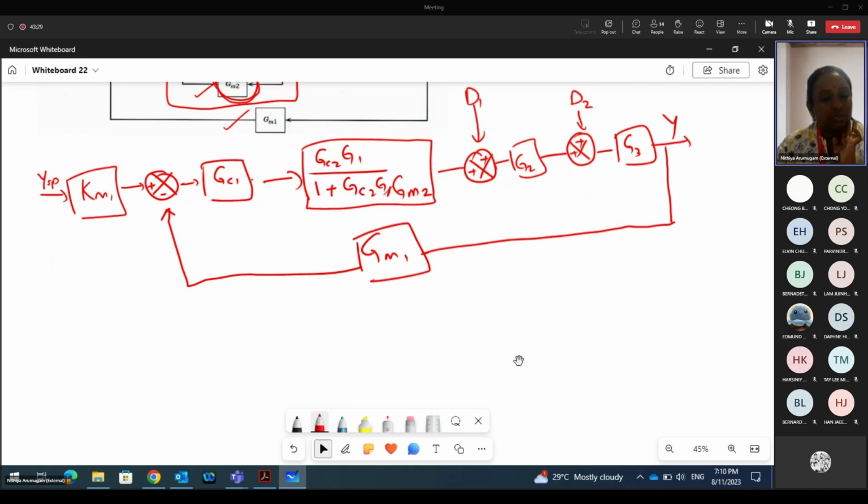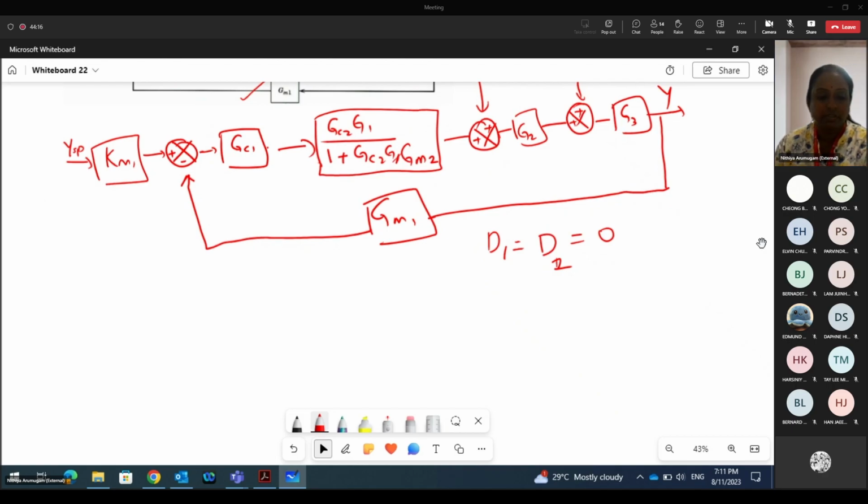Now, for us to solve the servo problem, what is the meaning of servo problem? Anyone can answer that? Servo problem means what? We have set point change, correct? We have set point change. Okay. Versus the regulator problem, where we have disturbance change. So for us to solve the servo problem, we always set the disturbance to 0. So here D1 and D2 will become 0. So when D1, D2 become 0, my new diagram